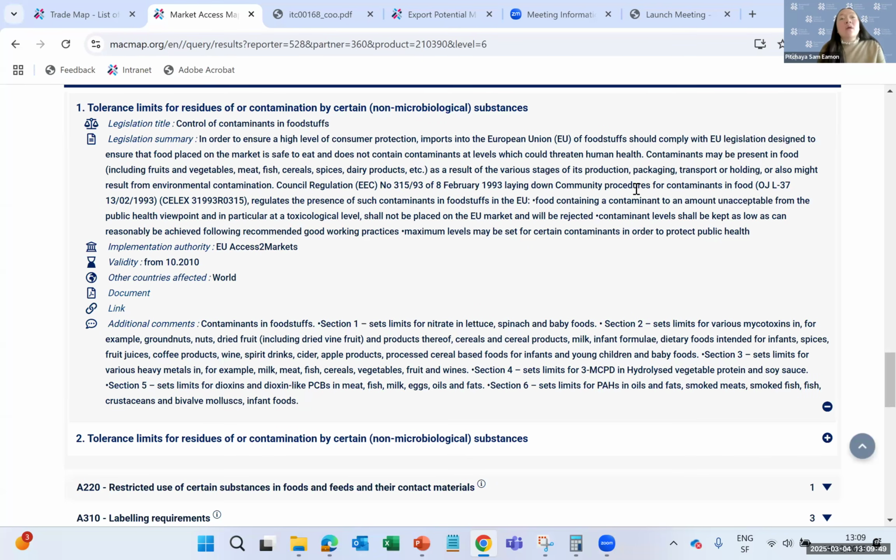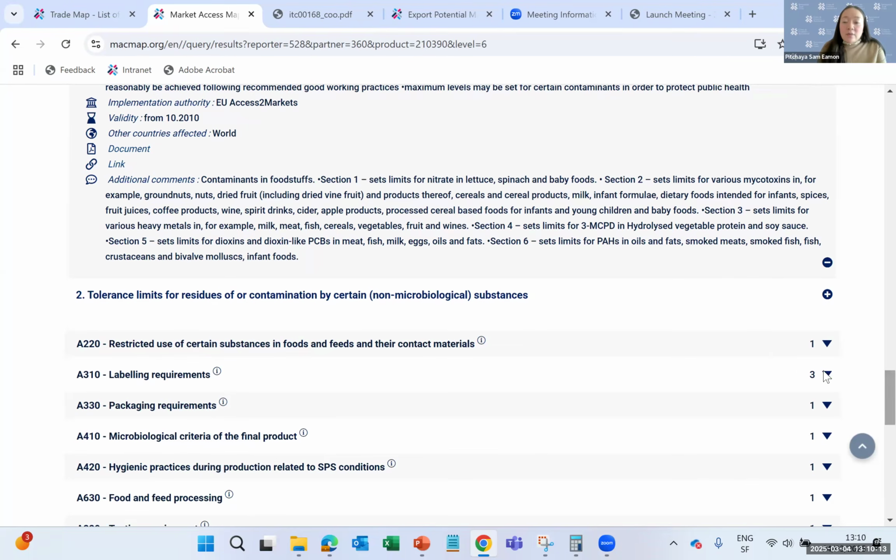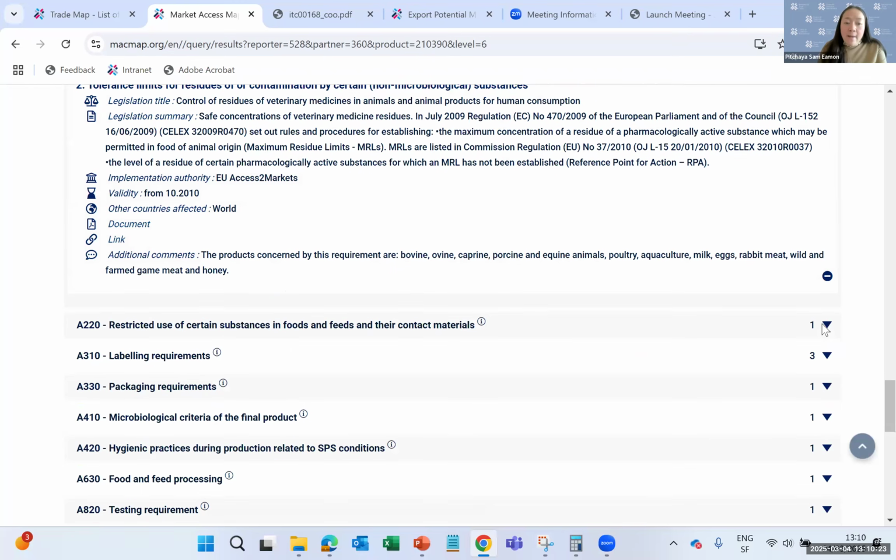And as I mentioned before, non-tariff measures are supposed to protect the health of humans, the environment, etc. But at the same time, it comes with a certain cost for the exporter. But it's better for you to know ahead of time and prepare your business plan accordingly, instead of finding out at the last minute after you have already finished the production. You need to plan accordingly in order to be able to export, because you need to comply, not only about the testing of the product to make sure that it's within the tolerance limit, etc., but also